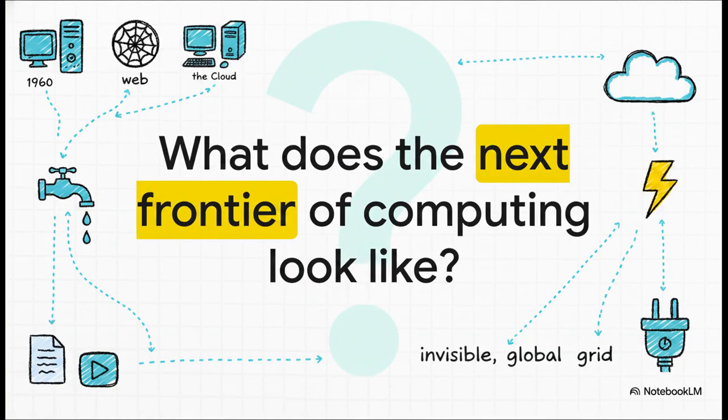To wrap up our explainer today, I want to leave you a kind of a wild thought. We started out by mapping the evolution of computing from those huge room-sized mainframes in the 60s to personal PCs, to the web, and now to the cloud. The cloud has entirely transformed computing into a utility, literally just like your water or your electricity. It's no longer a shiny new innovation, it is our fundamental baseline infrastructure. So if almost infinite computing power is now available to anyone, anywhere, at any time, what does the next frontier of computing look like? How on earth are we going to build on top of this invisible global grid? Think about that the next time you casually open up a Google Doc or stream a video.